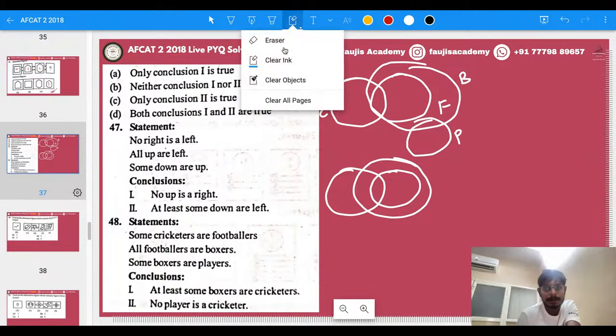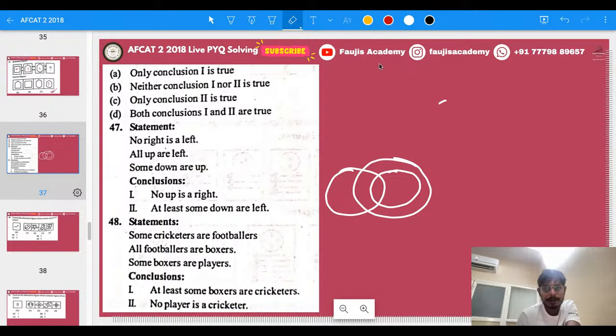One moment. Let me draw it like that. Okay. Some cricketers are footballers. All footballers are boxers. Some boxers are players. Isn't it? Now they are saying at least some boxers are cricketers. Yes, that's a correct one, isn't it? At least some boxers are cricketers. This particular one,